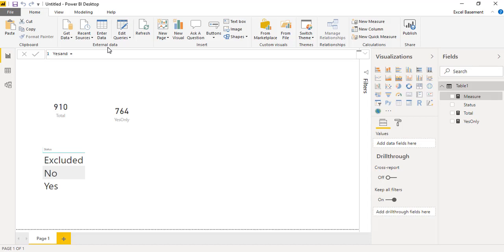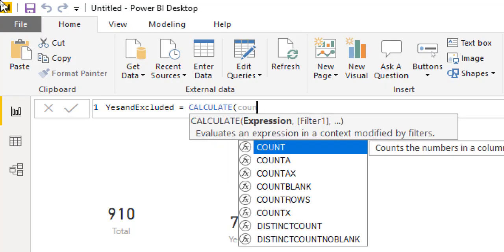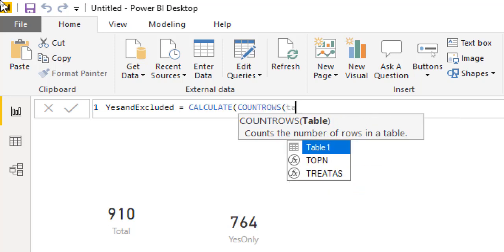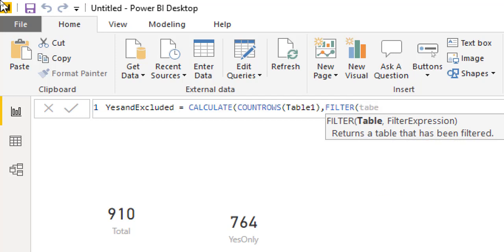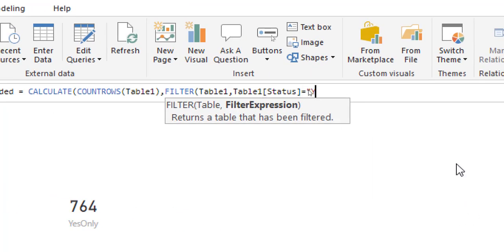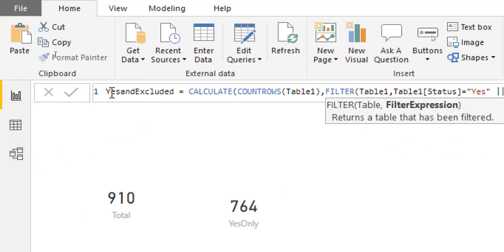So yes and excluded equals CALCULATE, the expression is COUNTROWS from the Table 1, and within that I need to use FILTER Table 1 status is equal to yes, and now the two pipes mean the OR sign. As you can see, now in this DAX we are including the yes and excluded field.